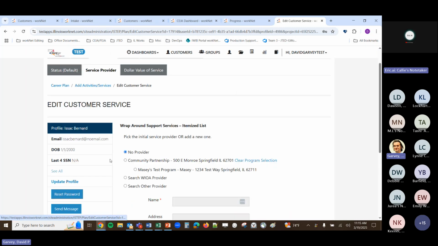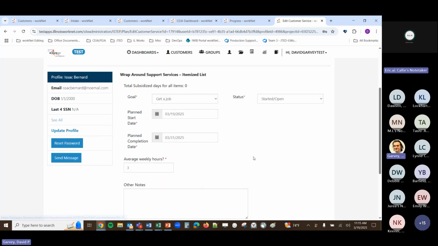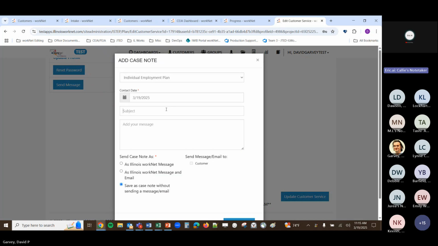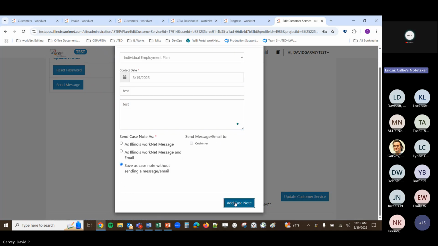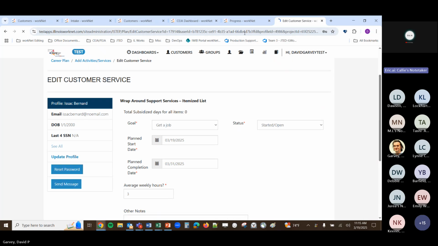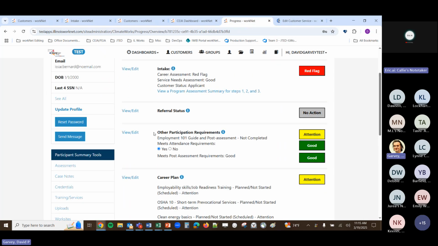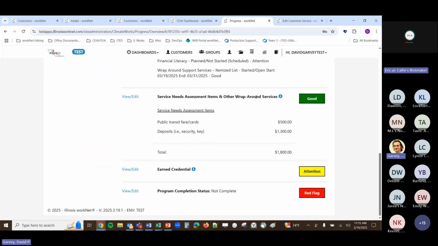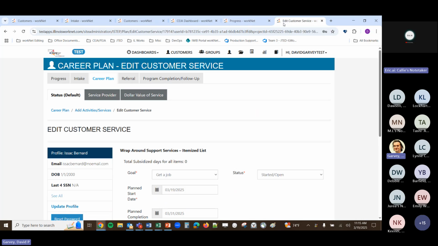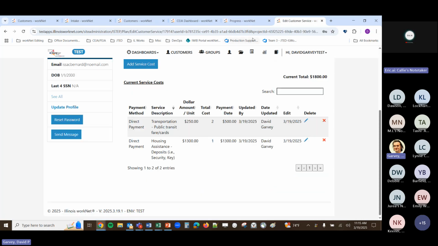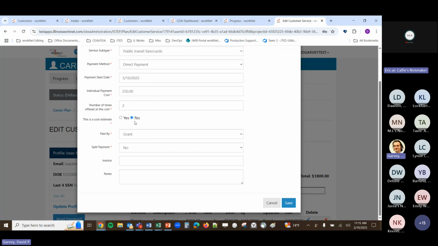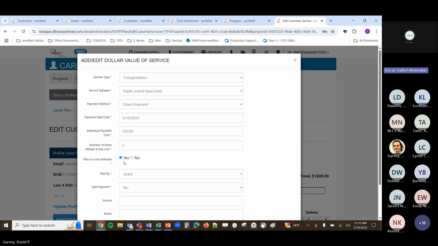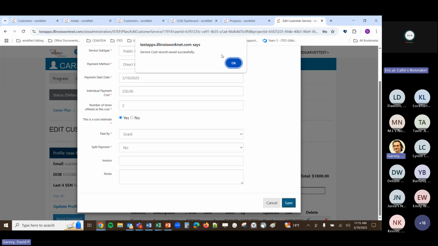And let me actually save this service too. Okay, so the service has been saved. And if we refresh the status here, then we should see we are good to go here. But there is one other thing I want to note. If we have a cost, let's say, we selected that it is a cost estimate, and we save this, and